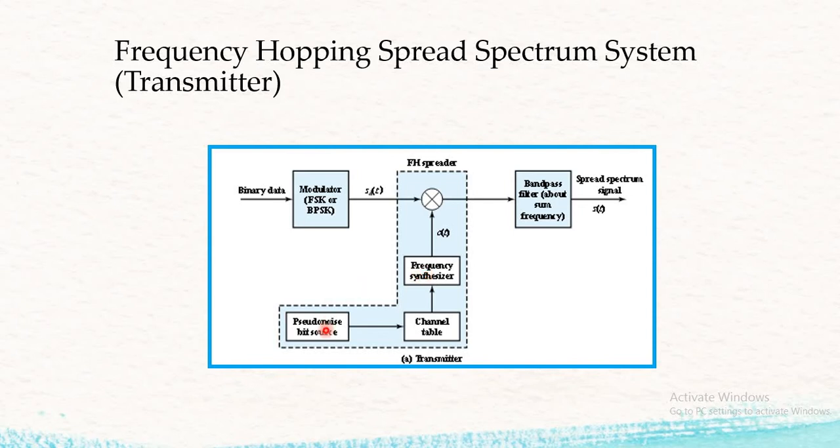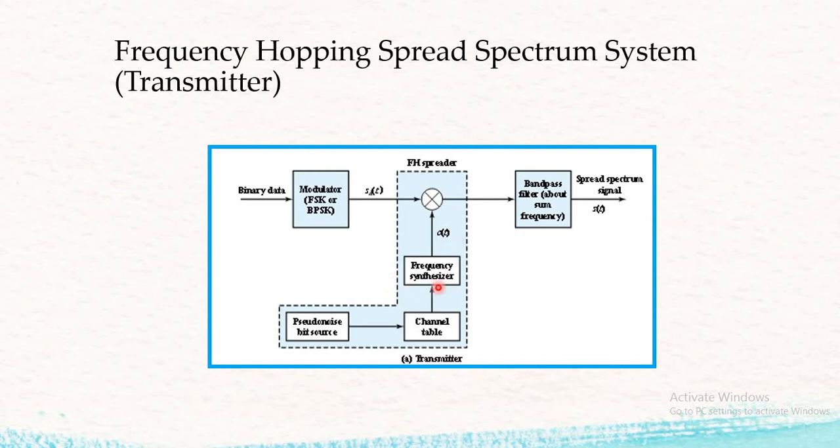Then the pseudo random bit will generate data as a 1. So what will the frequency synthesizer do? It will generate a frequency of 1 kilohertz. Now as this data is random, the frequency generated by the frequency synthesizer is also random. As all these things are random, we cannot predict them, and it adds more security to your data, because if any hacker tries to hack the data, he is unable to recover the flow of the frequencies.